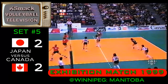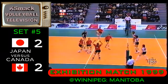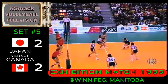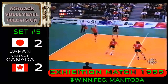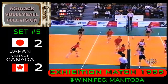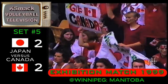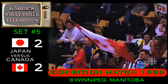Good save, kept in play. This one has to go, it does. Good set, Lamar off the block, good save. Lassard goes over the block, but Isobe is there. Good rally. Off the block, kept in play. Again off the block. Lemieux, Lamar. This might be the longest rally of the match. Lemieux, Lassard, and it just drops down. The linesman said, was it in or out? He says in. That's a fabulous rally off the block that time from Team Canada to score the point, but